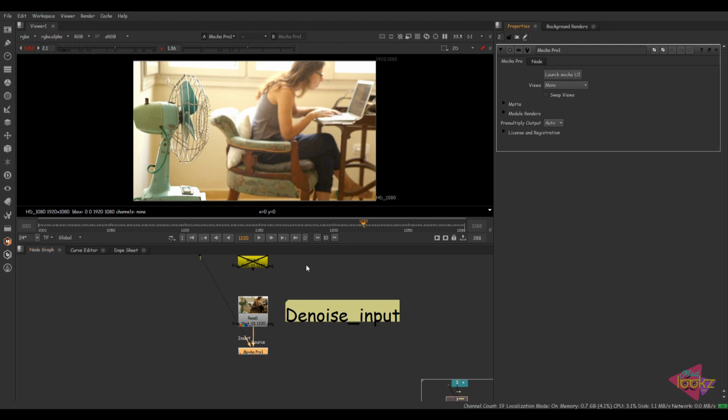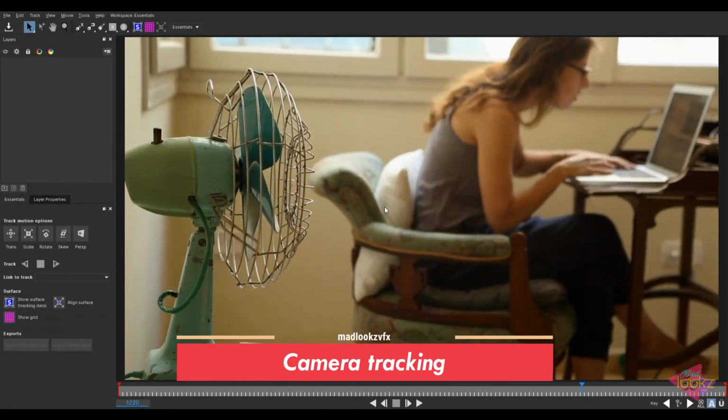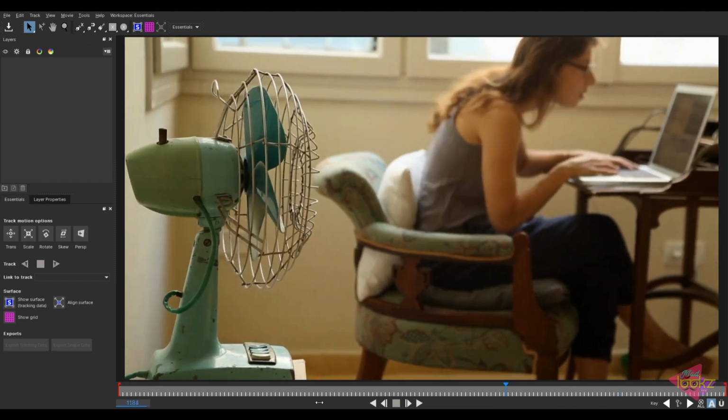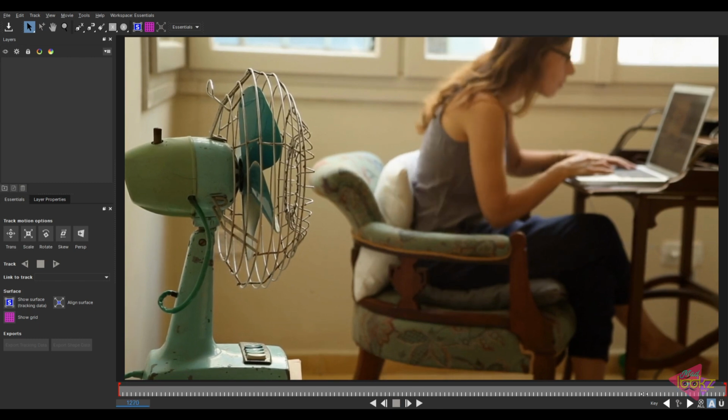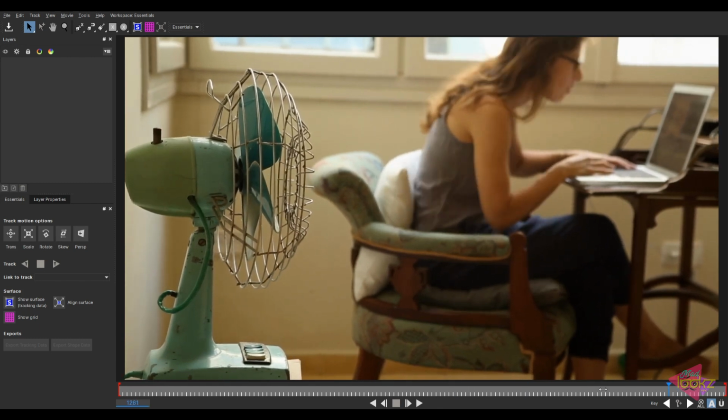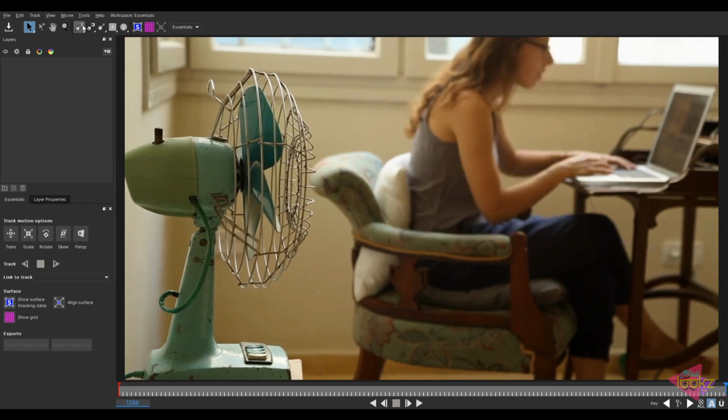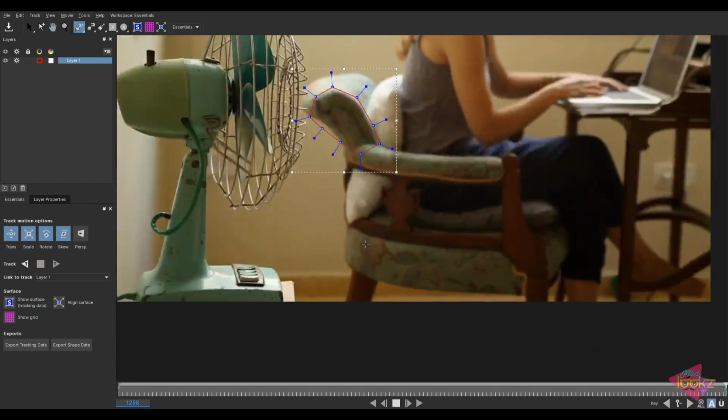So straight ahead, I'm gonna launch this Mocha UI. This is the benefit of Mocha UI. You don't have to save the file and all. You can simply open the UI and start tracking. So here is the footage. I'm gonna draw a spline for tracking. So just come into the last frame. Here I'm gonna draw a spline for the chair, because the first thing I'm gonna track is the chair. So use the X plus. So drawing a spline here also to support the track.